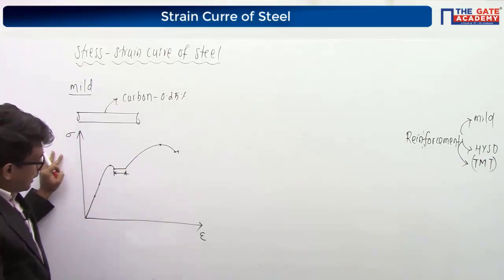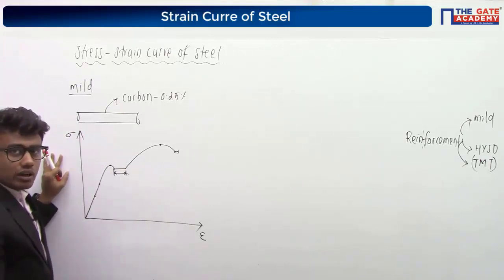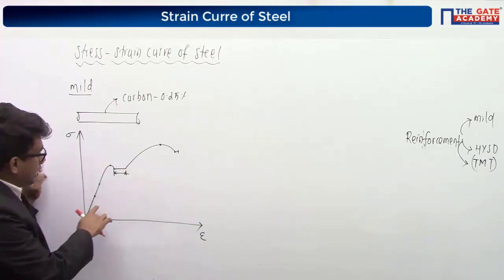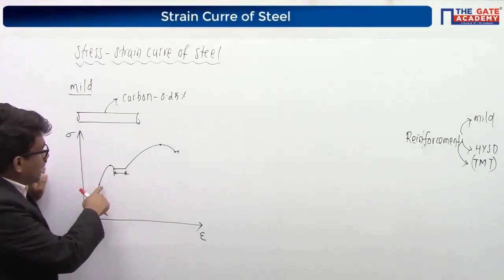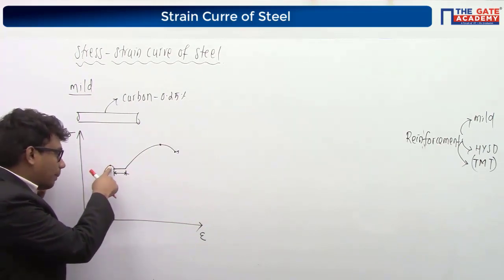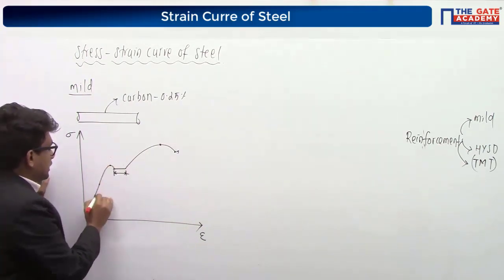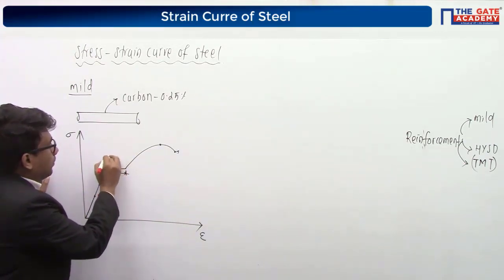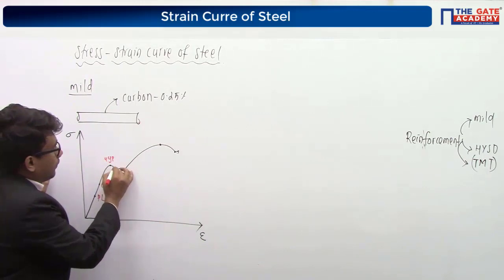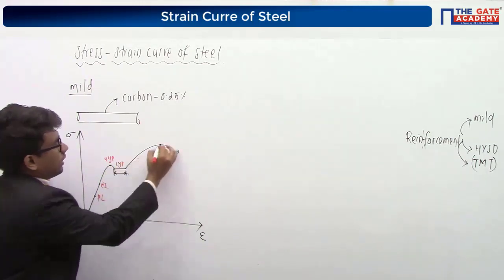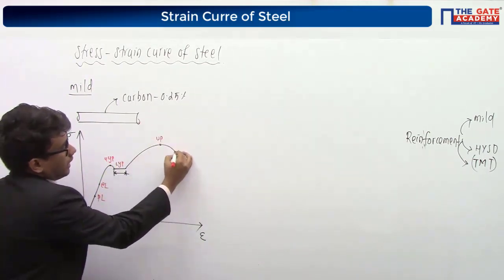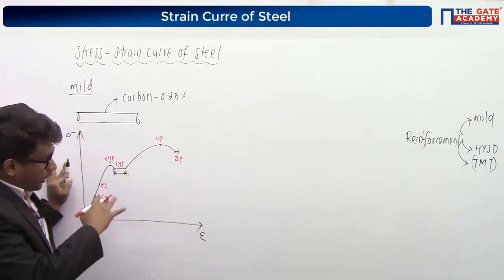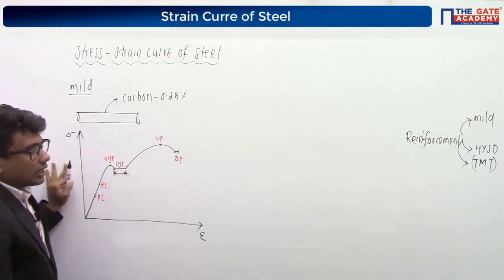This is our stress strain curve of the steel. See, in this stress strain curve, we have different points, right? We have the proportional limit and the elastic limit. I am going to consider it as proportionality limit, elastic limit. We have the upper yield point, the lower yield point, the ultimate point, and our breaking point. So these are the different strength values of importance we are considering in the stress strain curve.